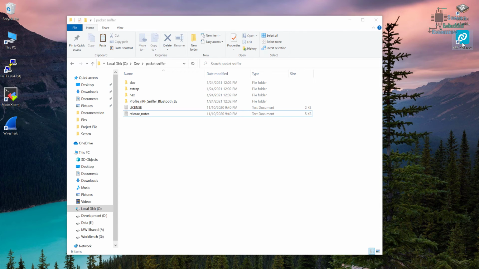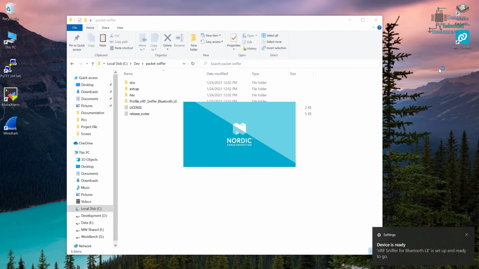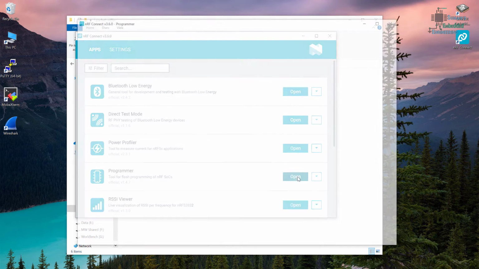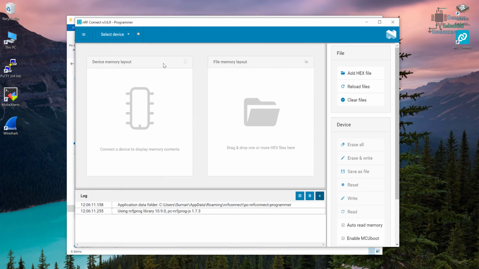So if I open nRF Connect, if you haven't seen how to install nRF Connect, please see my previous tutorials, especially the nRF Connect one. After plugging in our dongle or the nRF development kit, we have to open the programmer. So I will click on open programmer, and once this is open, you can see some devices here. Make sure our device or dongle is in